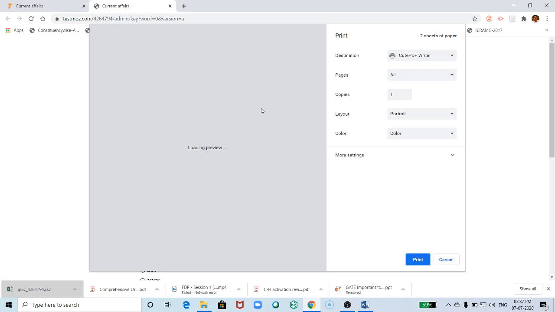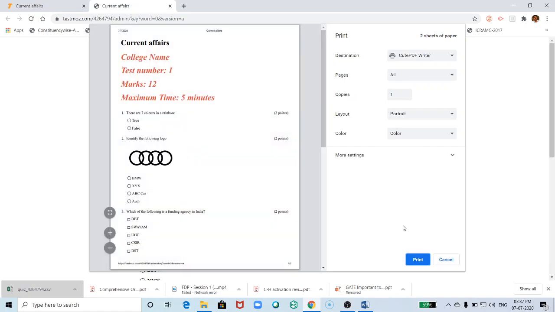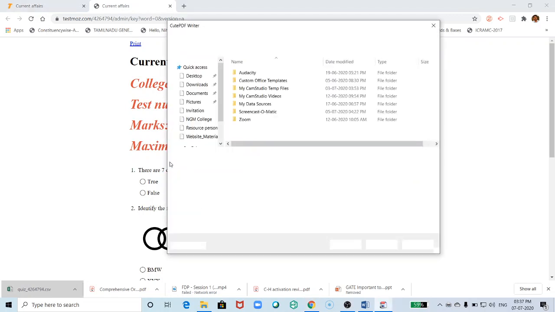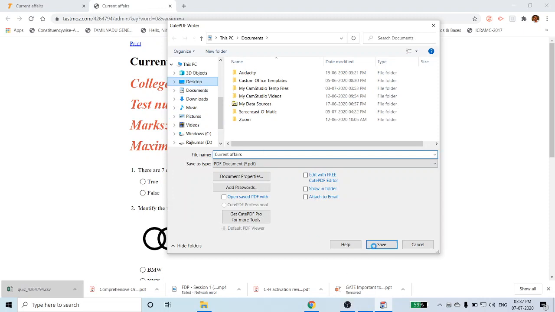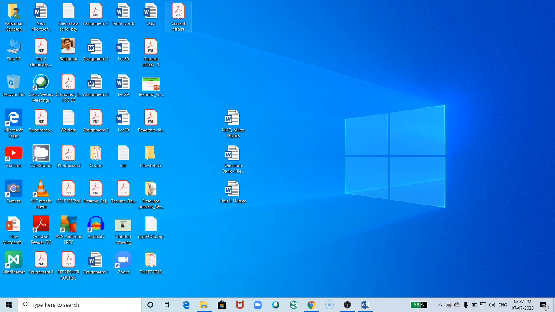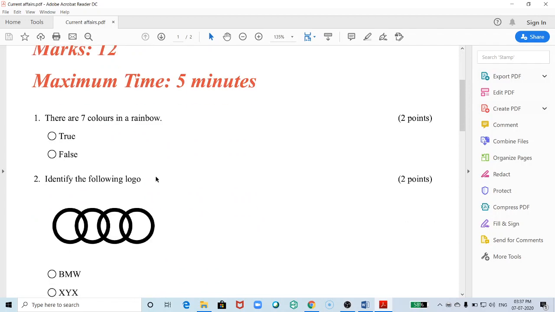Here click print, so you can save this in pdf format, and you can circulate this to your students for offline examination also. Here you can see this is the pdf file.